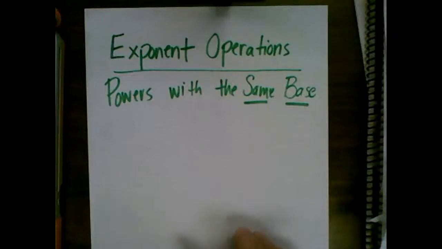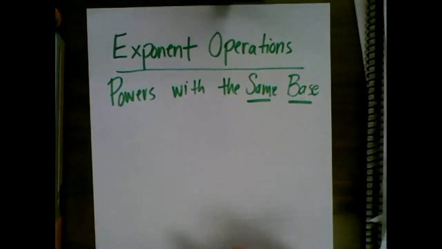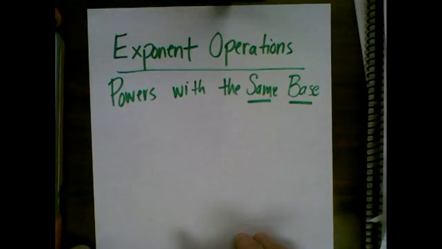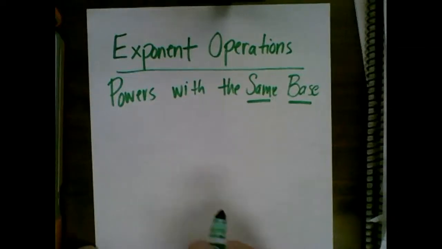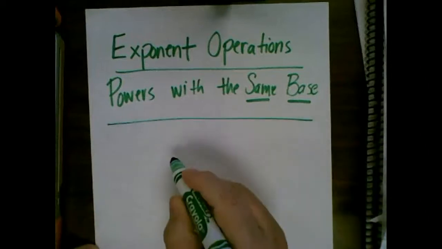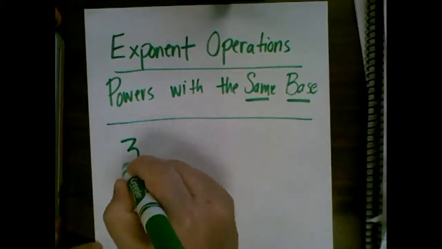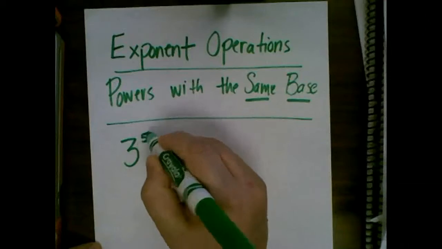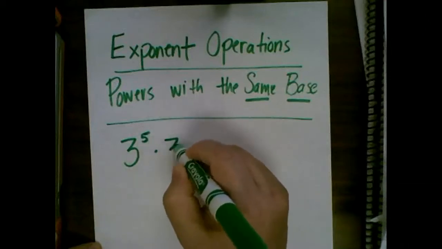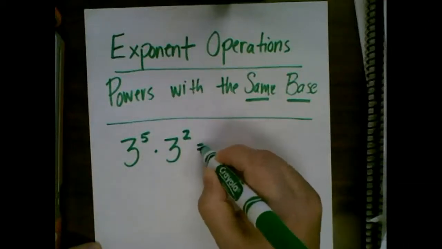Good morning. This is Miss Eastman, and today's topic is exponent operations where we have powers with the same base. What I'm talking about with that is if we would have something like 3 to the 5th times 3 squared,